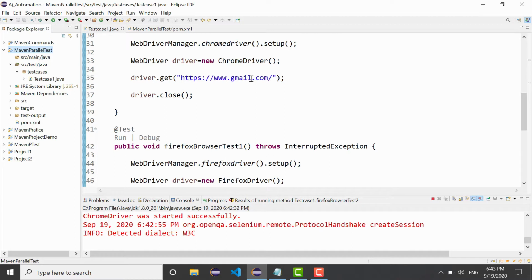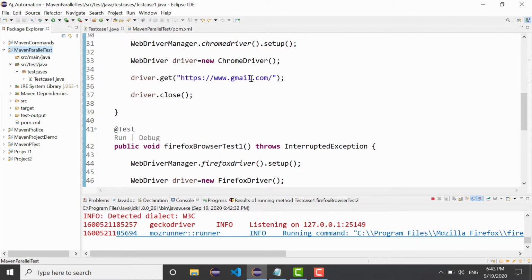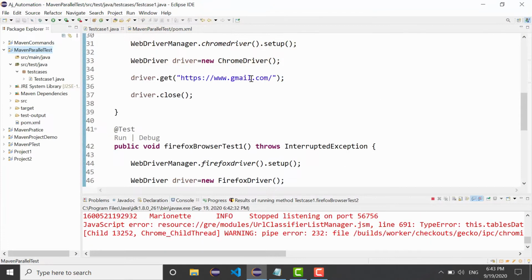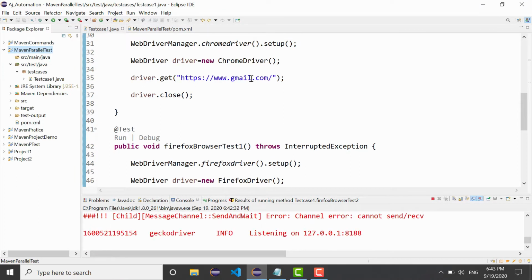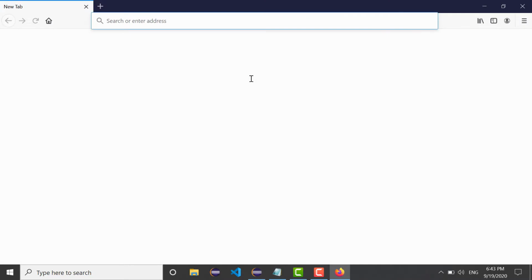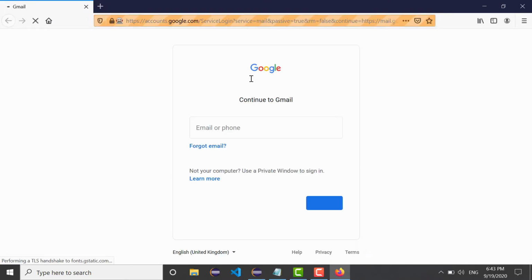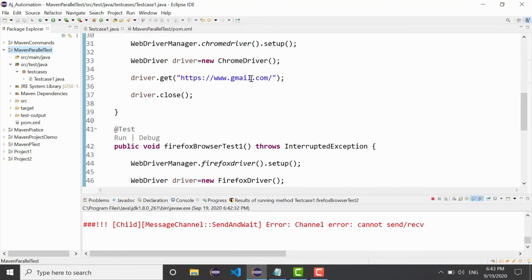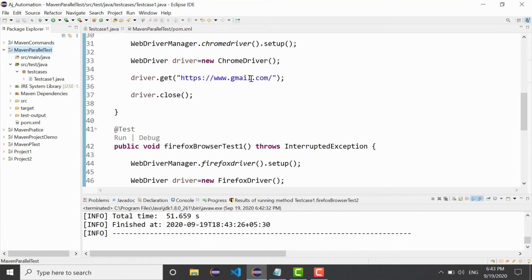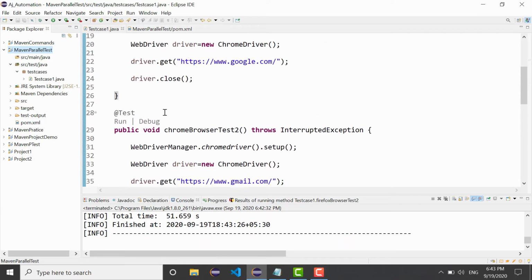Then the Firefox browser test 1 will open the Firefox browser. And now this is the last one.